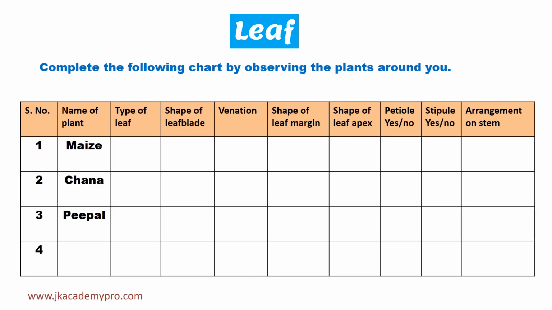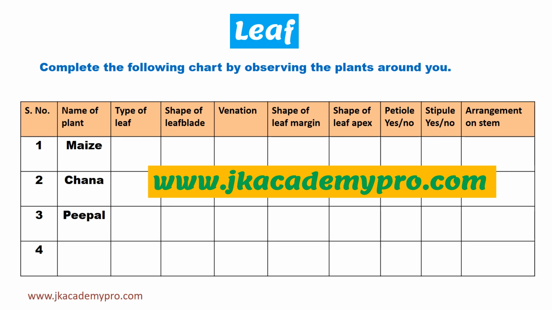Try this activity. Complete the following chart by observing the plants around you. So go around and whatever plants you find, look at the leaves. Especially this activity is to find the leaf and the stem and the petiole. So look at the leaf part of it and jot down whatever information you get, and then you can compare it. You can check with your answers at our site at